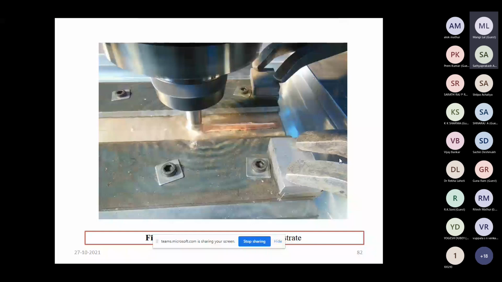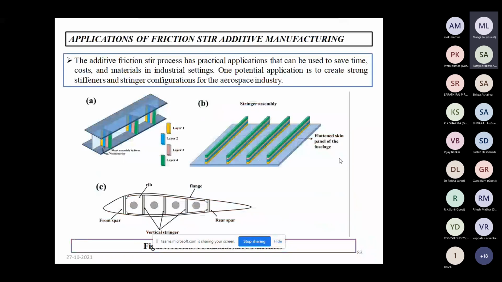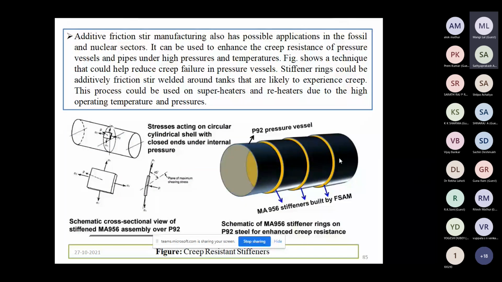Now, the applications of friction stir additive manufacturing are in the field of aerospace, and also in fields where there are high temperatures, such as the nuclear sector, pressure vessels, and fossil and nuclear sectors.